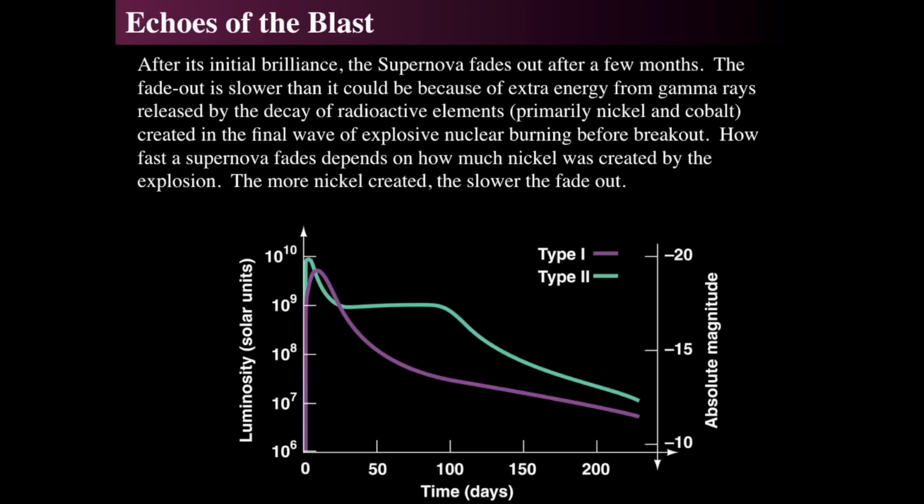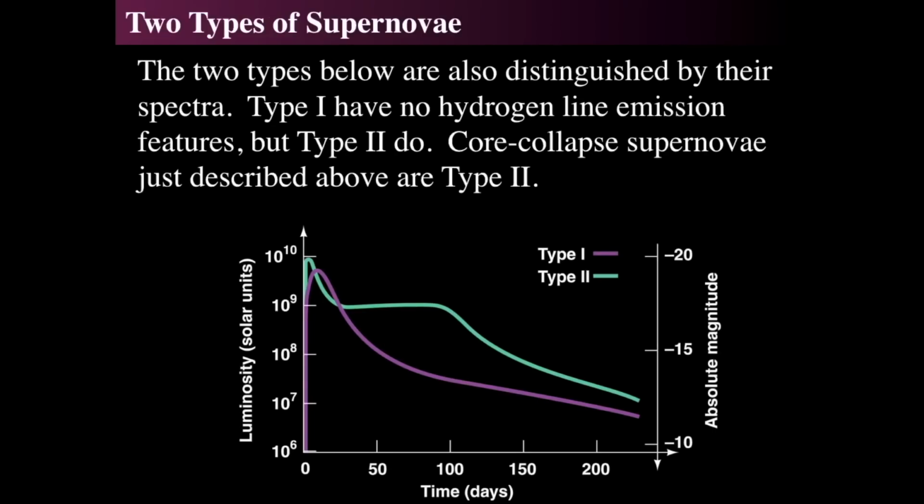And so that's how we have these plateaus and peaks. Those peaks then plateau, and then peak, and then decay. That's all because of the radioactive decay of those other things. Nickel tends to be the thing that fades out more slowly at the top, and cobalt is primarily responsible on the right. So there are also these two types of supernovae, not just their light curves,